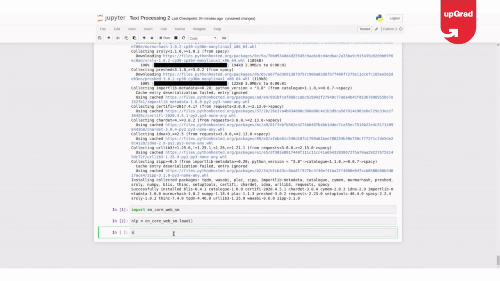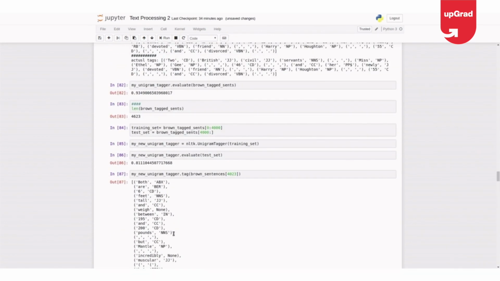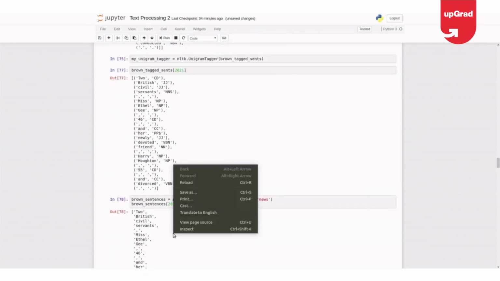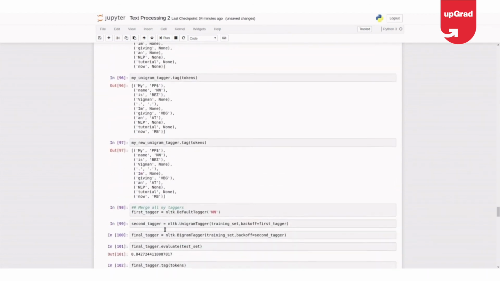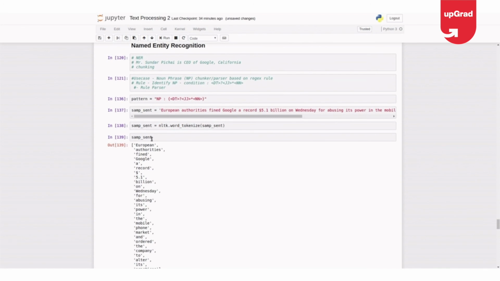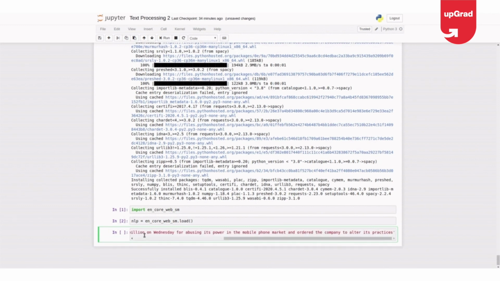Now let me take the sample sentence. I think it is there still, right? Let me copy that. So my sample sentence is this.